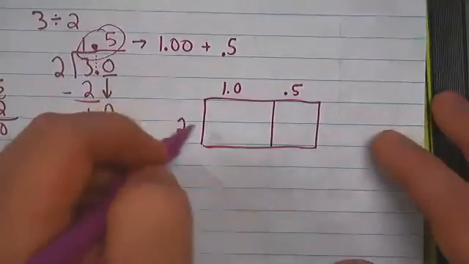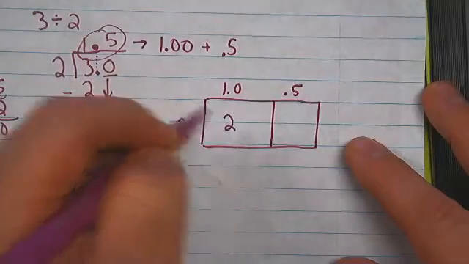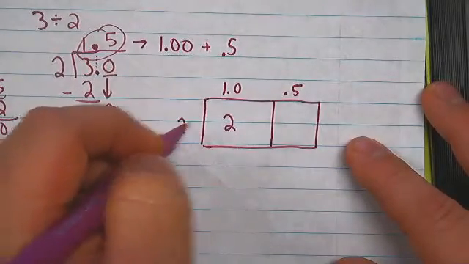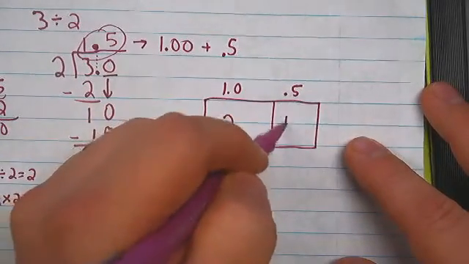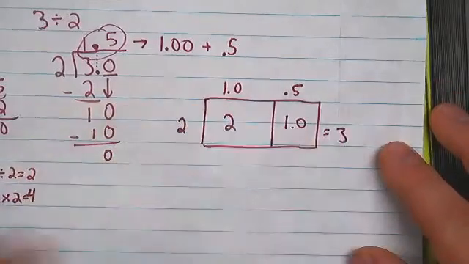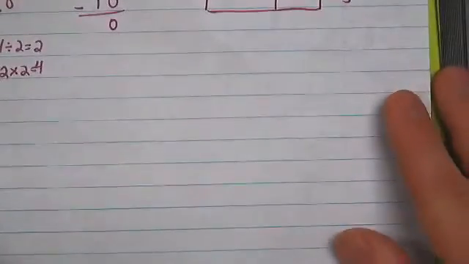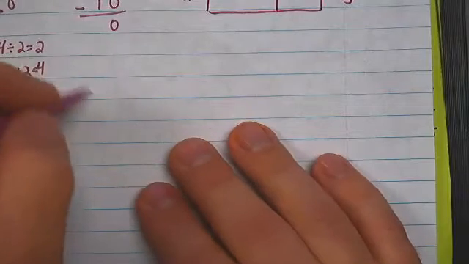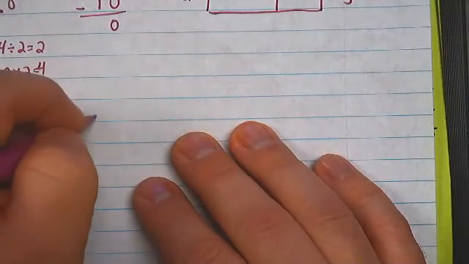Here, let's do the area model. 2 times 1 is 2. 2 times 5/10, which should get me 1 whole. So 2 plus 1 is 3. Let's move to the complex now. Let's go, well, a little more complex. Let's do